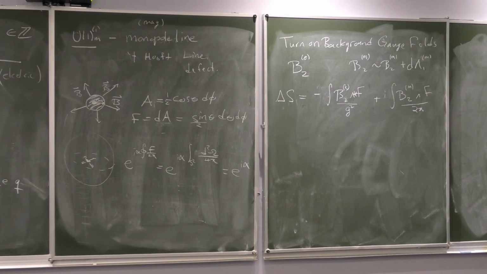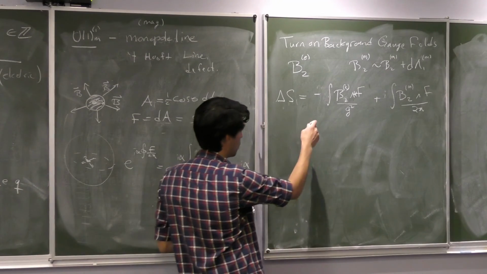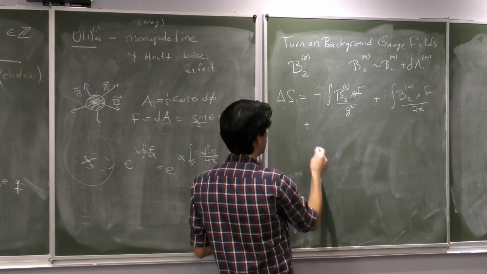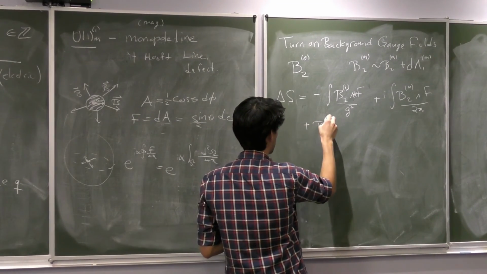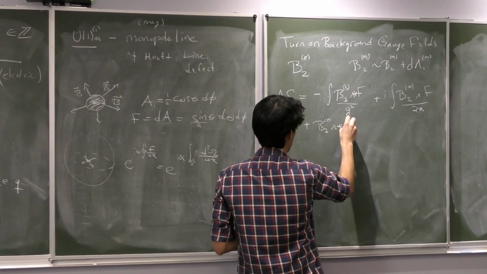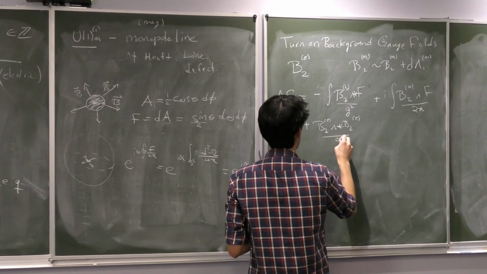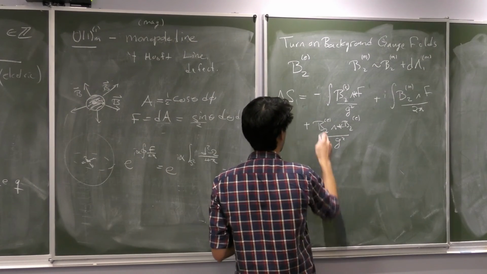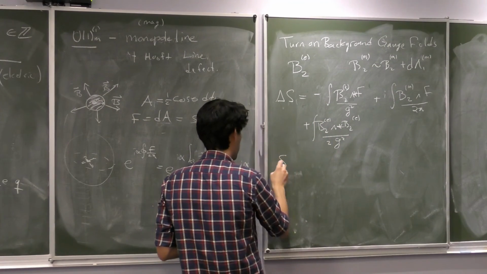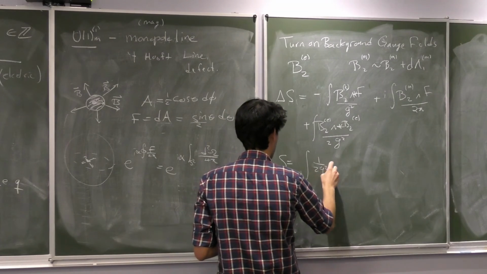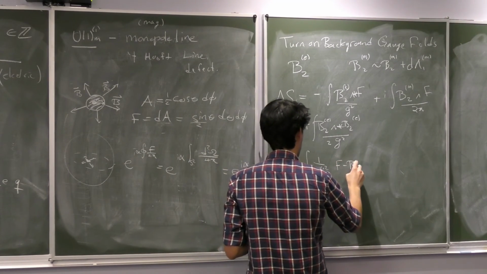Well, you have to add in another background counter term, but it combines so that the action will actually look exactly the same as before. So I'm going to add here the background counter term, which is going to be V2 electric star V2 electric over 2G squared, so that the full action is 1 over 2G squared